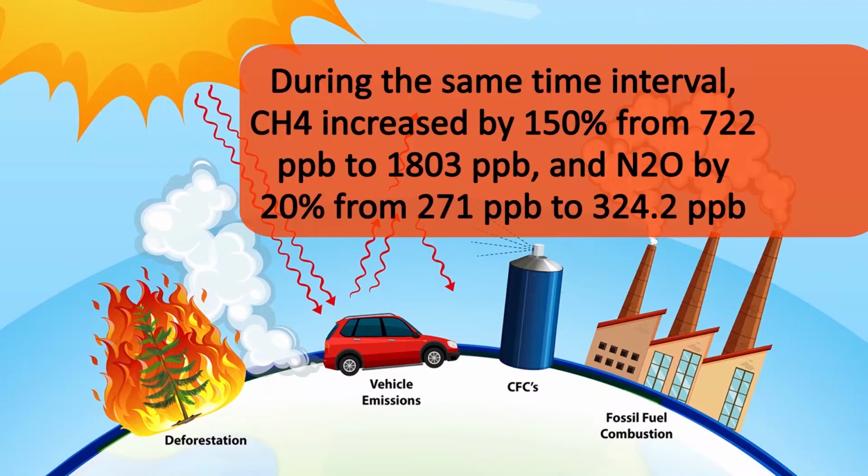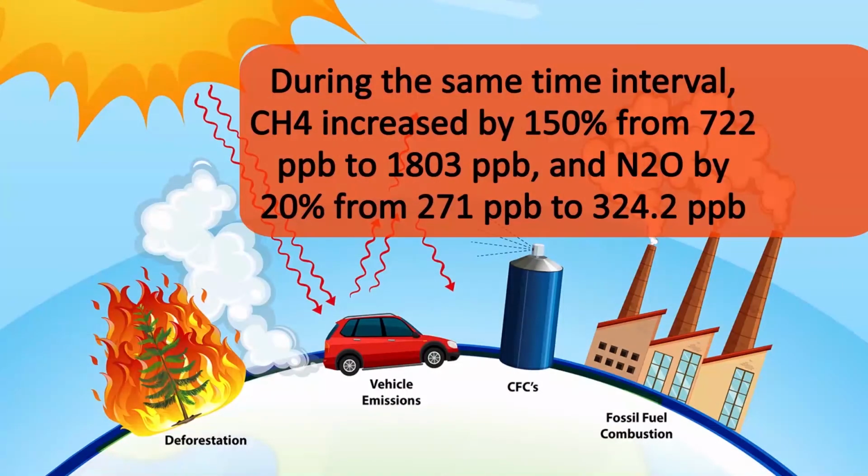It's a significant amount. And during the same time period, the methane concentration also increased by 150%. It's a very important thing, 150%. The value is from 722 parts per billion to 1810 parts per billion. That's the current concentration of methane. It has crossed 1800 parts per billion, but during the industrial revolution it was just 722 parts per billion. It's a very important change. That's why 150% has occurred, and this is because of human action.